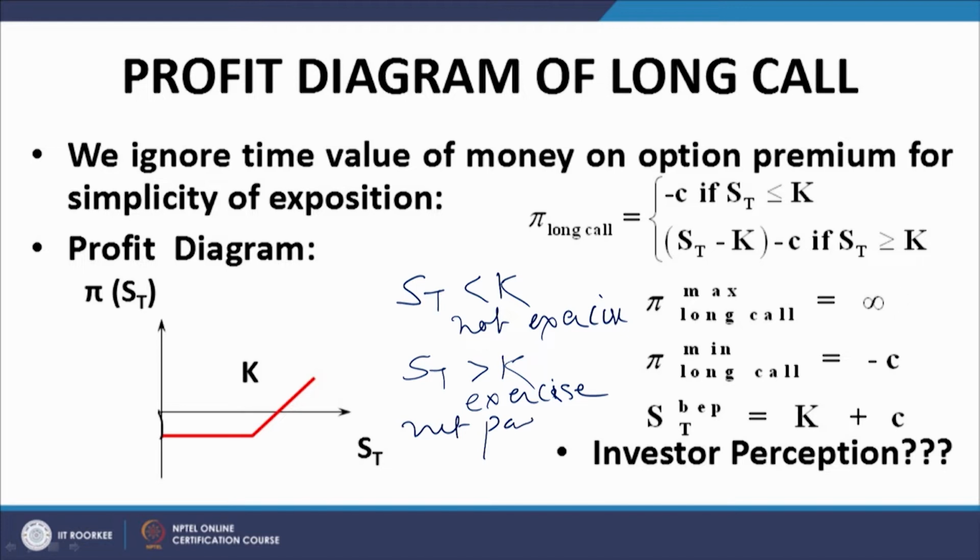And what is the net payoff? ST minus K. And what is the net profit? ST minus K minus the option price that we pay to acquire the option. So, the payoff is ST minus K, the profit is ST minus K minus C, and the important thing is, please note there is a time differential involved between the payment of the price and the payoff from the option, but because the option price is very small, this time differential is usually ignored when we prepare the payoff diagrams, and we write the profit as ST minus K minus C